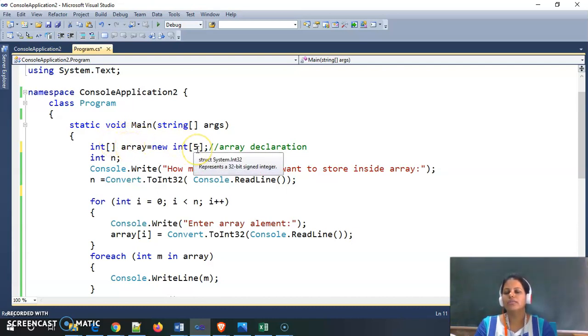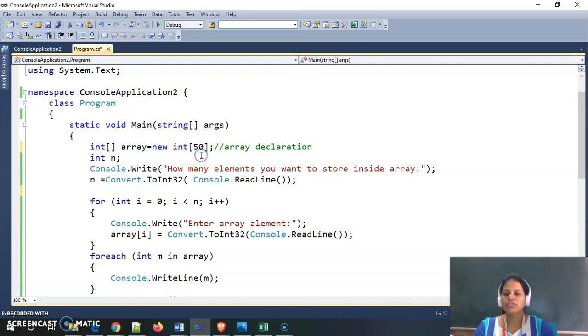So for this purpose, if I am allocating memory like this, memory will be allocated for 50 elements. It means at the time of compilation, there will be memory allocated for 50 elements.